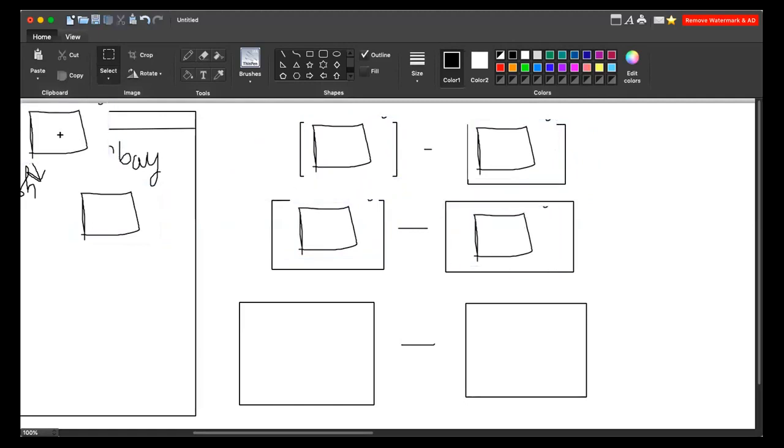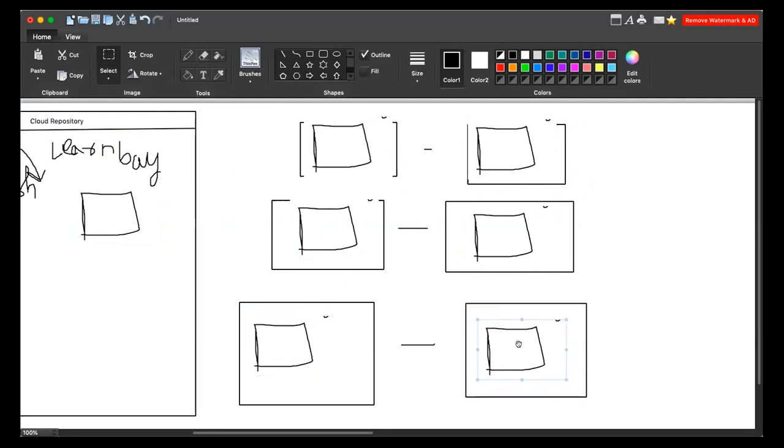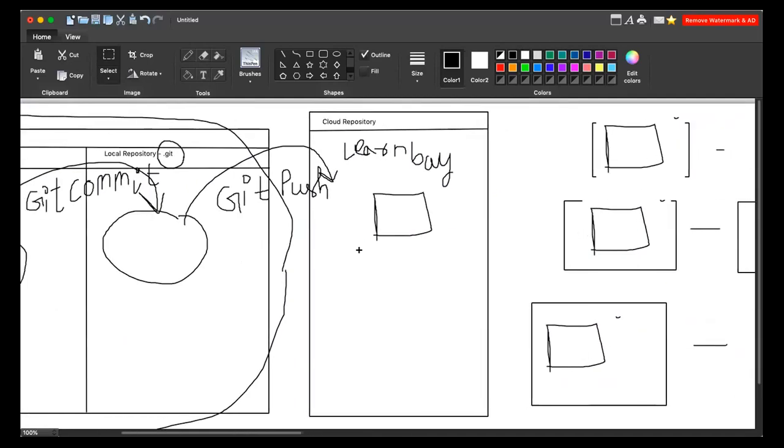So this repository is there in your account now. You can say the cloud repository. Okay. It is there. Now what we need to do is clone this repository. First of all, I created the repository in the cloud. Now you have forked it, so it is available in your cloud repository also. But I need to link this cloud repository with my local repository. So I'll be cloning this repository on my local system.